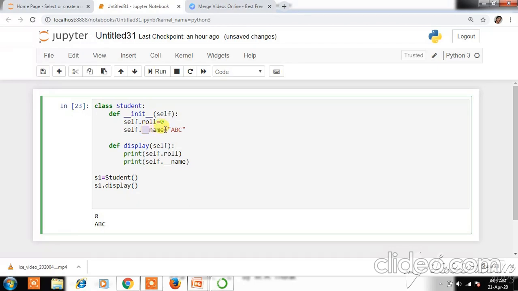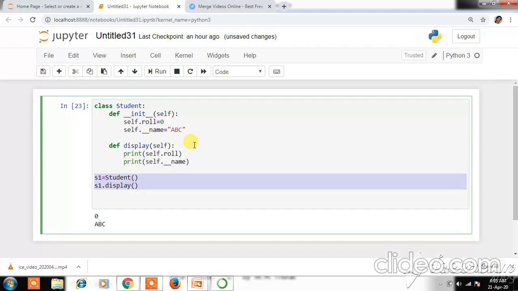Second rule, public variables can be accessed within the class or from outside the class, but private members can be accessed only within the class. We cannot access the value of a private variable from outside the class.